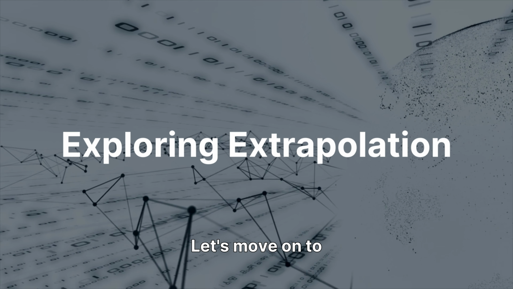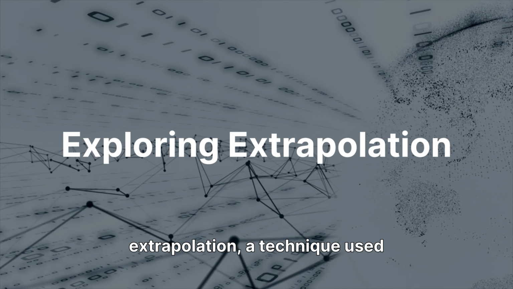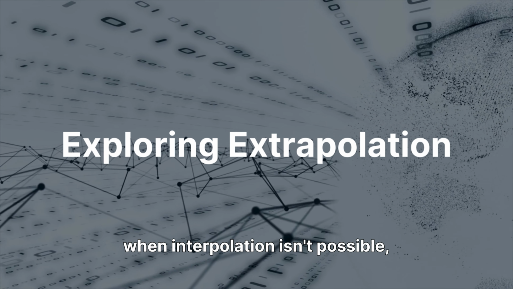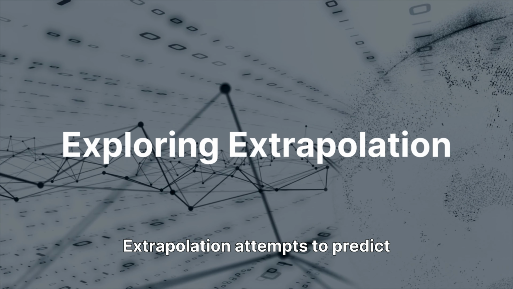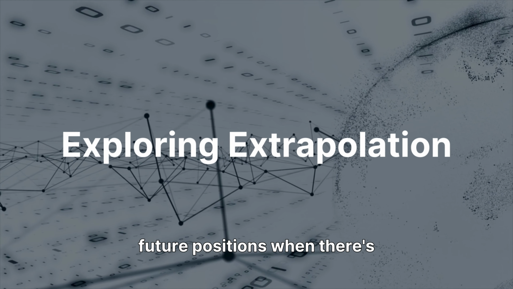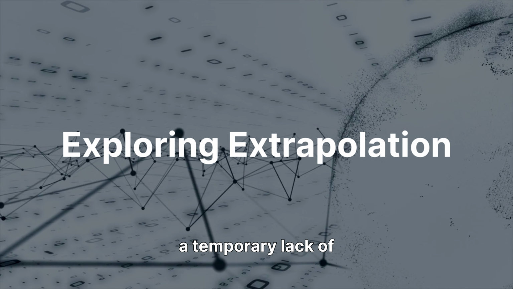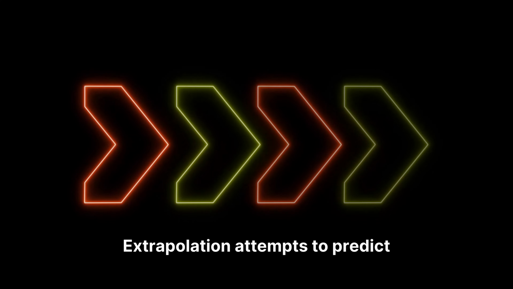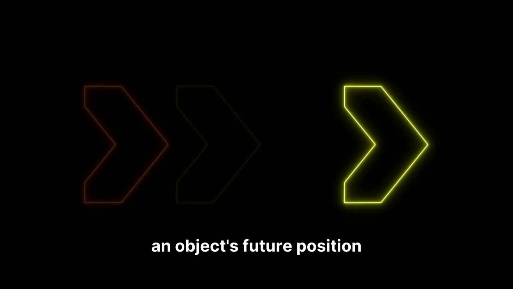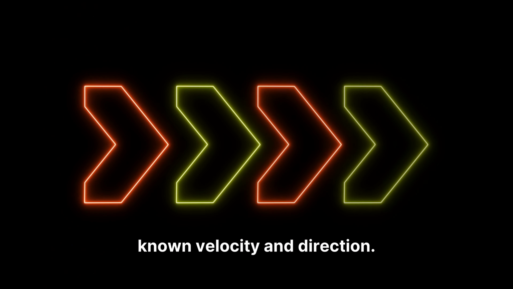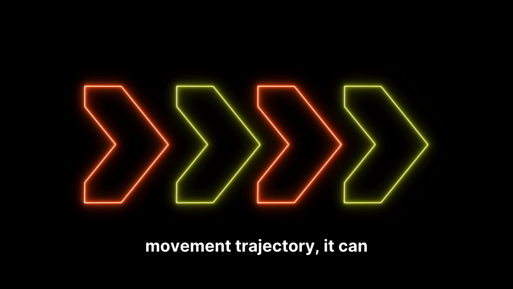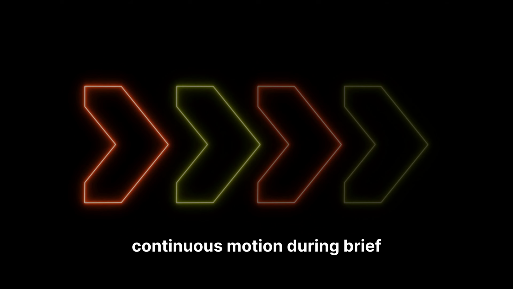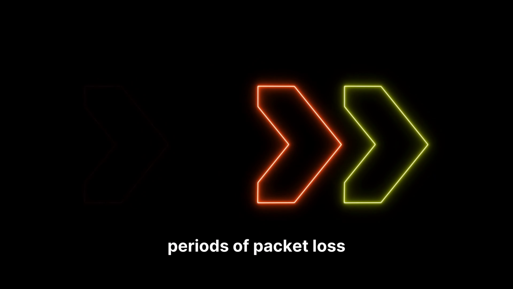Let's move on to extrapolation, a technique used when interpolation isn't possible, such as when a new network update hasn't arrived yet. Extrapolation attempts to predict future positions when there's a temporary lack of incoming data. It predicts an object's future position based on its last known velocity and direction. By continuing the object's movement trajectory, it can maintain the illusion of continuous motion during brief periods of packet loss